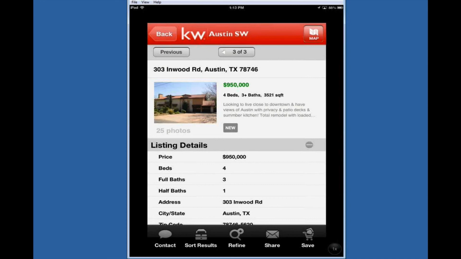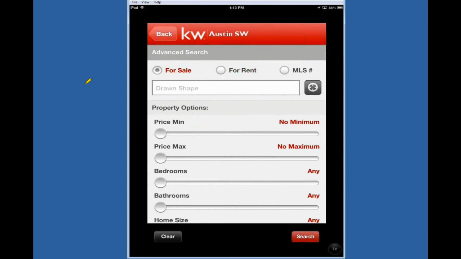And the last feature I want to show you down at the bottom of the screen, it's the icon right in the center called Refine. When you tap on Refine, this brings the user to the Advanced Search Criteria Settings page. So here, I could change my settings somewhat. I want to maybe max out. I happen to pick a pricey area, but we'll say